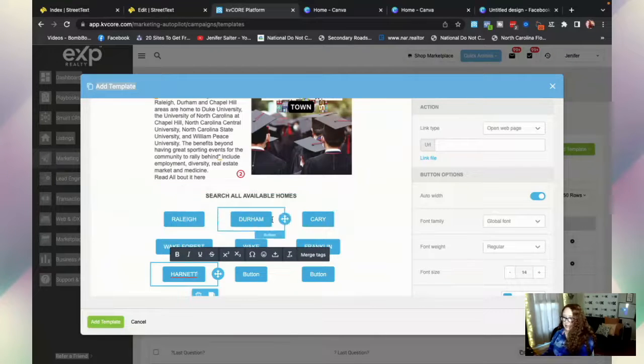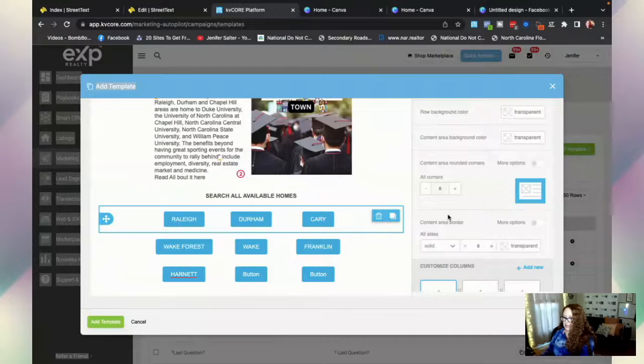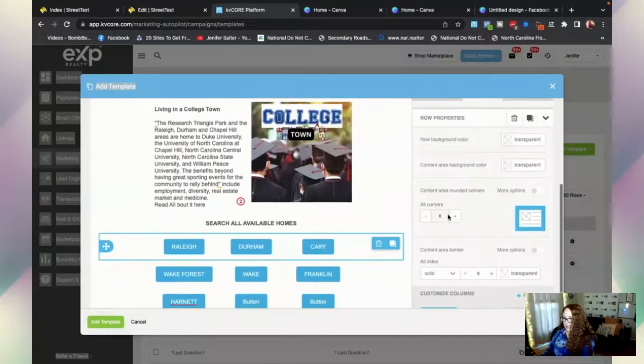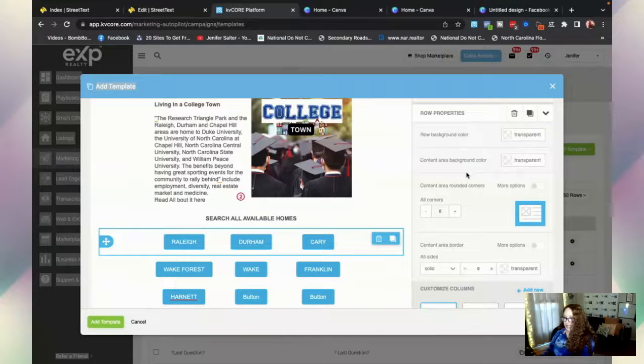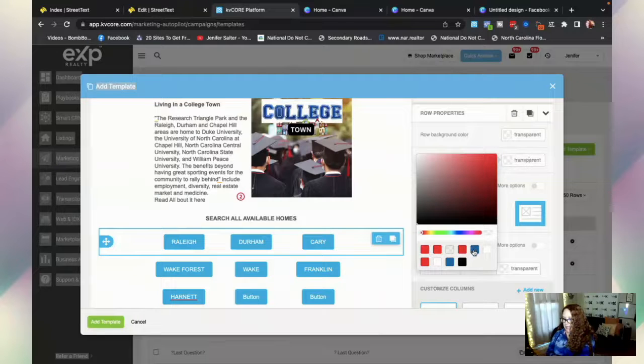Now, if you want to do colors here, watch this. So we can change the button colors, but we can also change the row. So you go to the row, and right here, we are going to want to just change the content area, okay? If you do the row, it's going to make it wider than your text. Just trust me. Go to content area,